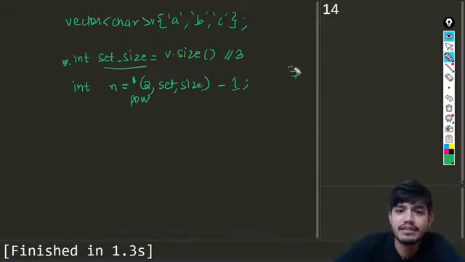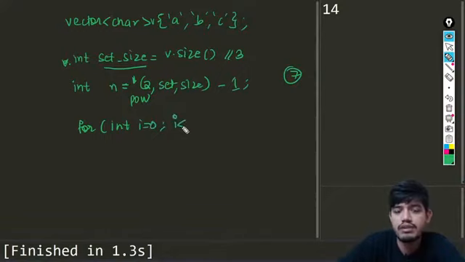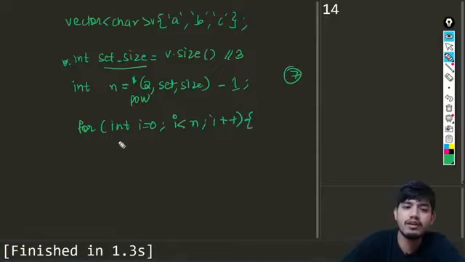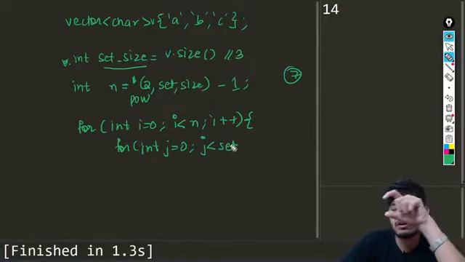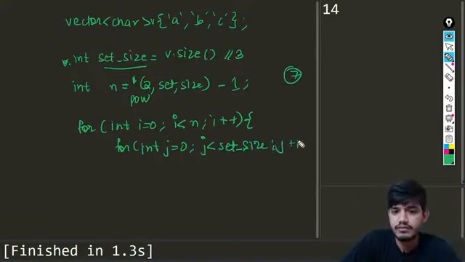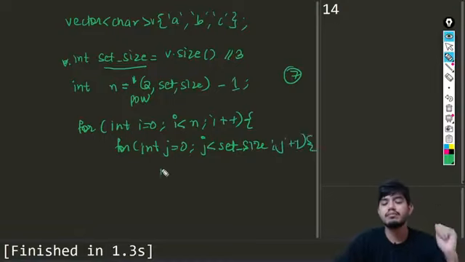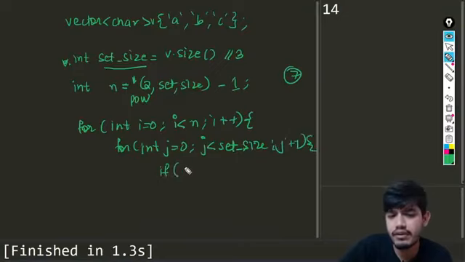After the subtraction I will get 7, and I'll run a loop which starts from 0 and goes up to the n value, with i plus plus. The inner loop will start from j equals 0, and this goes up to set size only, because we are going to be checking the total number of set bits. So that is going to be set size and j plus plus. Now the next part is very simple. We'll just check whether the kth bit, or the jth bit, is set or not.